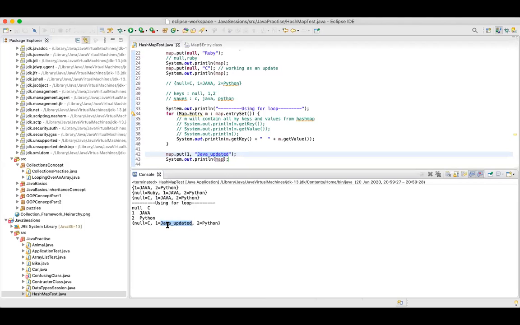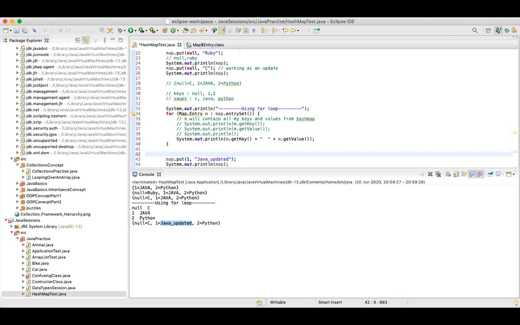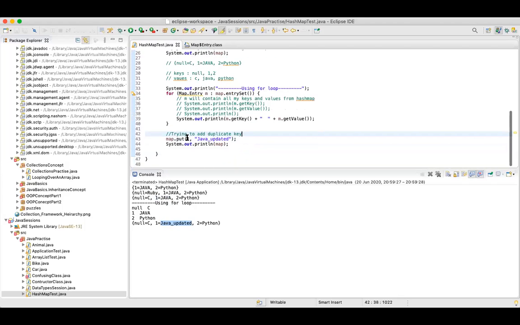So what does this indicate? I'm trying to add a duplicate key. This one key is already present, but it is not allowing you to add a duplicate key.